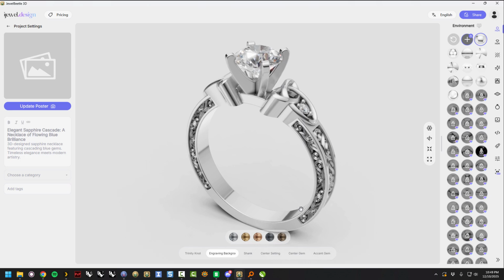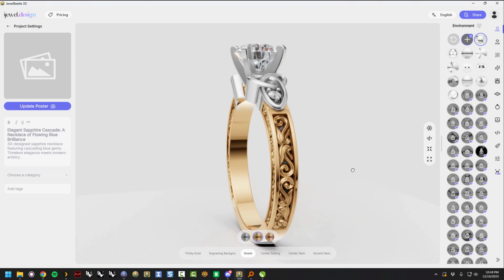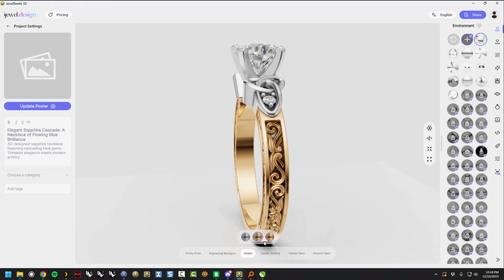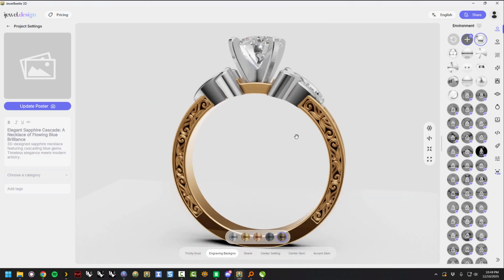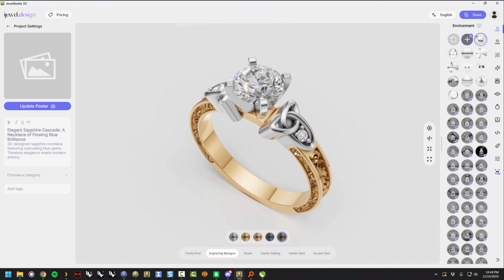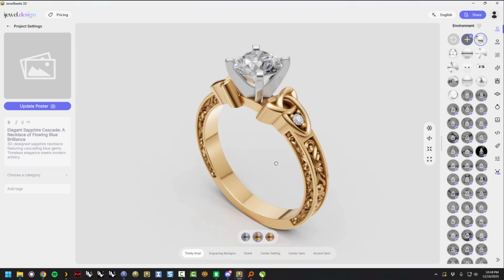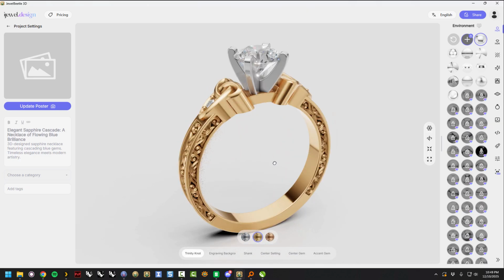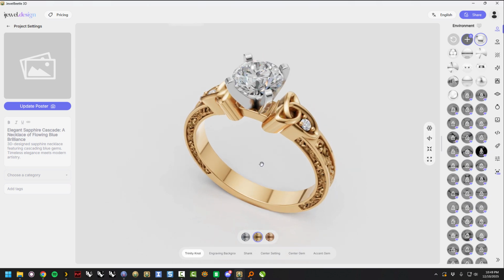Okay, so there we go. So if we turn the shank yellow, okay, you can see that that's bright. So engraving background, there we go. That's pretty cool. I don't know, Trinity knot, maybe yellow, maybe not. See what I did there? Maybe not. Okay,